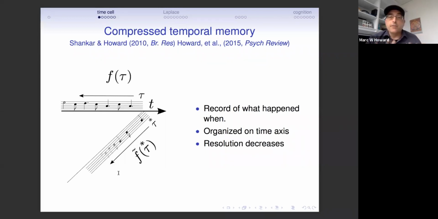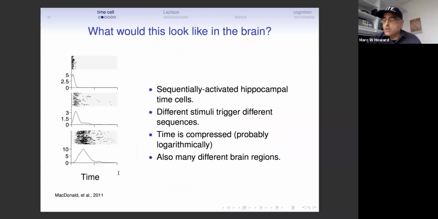We have a good memory for the recent past and fuzzier information about when things happened in the distant past. And so you can operationalize this as the brain containing a population of neurons with receptive fields organized along a time axis, right? One population of neurons is responsible for things that happened maybe 1 second ago, and another population is responsible for things that happened 2 seconds ago, or 4 seconds ago, or 8 seconds ago. Okay, so that's sort of where we started.